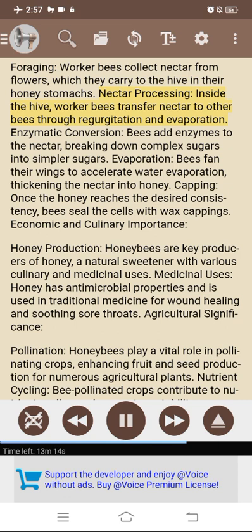Nectar processing. Inside the hive, worker bees transfer nectar to other bees through regurgitation and evaporation. Enzymatic conversion. Bees add enzymes to the nectar, breaking down complex sugars into simple sugars. Evaporation. Bees fan their wings to